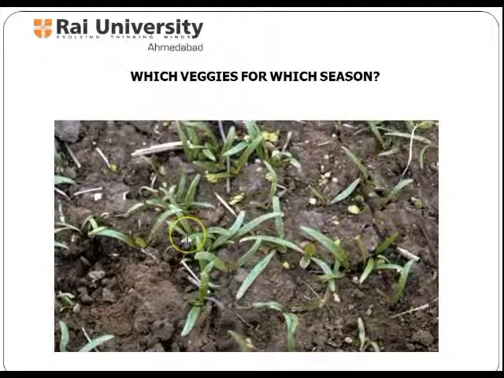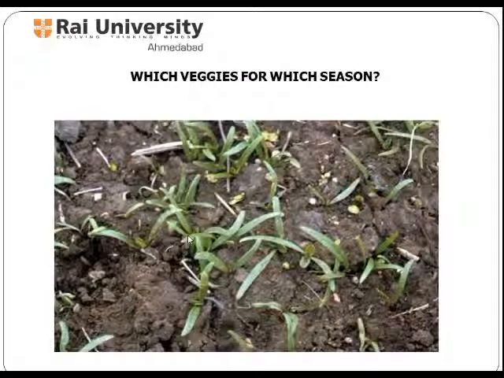Now let us see which vegetable is planted for which season. Planting in the proper season is the first step to a bountiful garden because a vegetable needs either warm or cool weather. Crop sorts themselves into two distinct categories: cool season for spring and fall and warm season for summer. Most vegetables are either cool season or